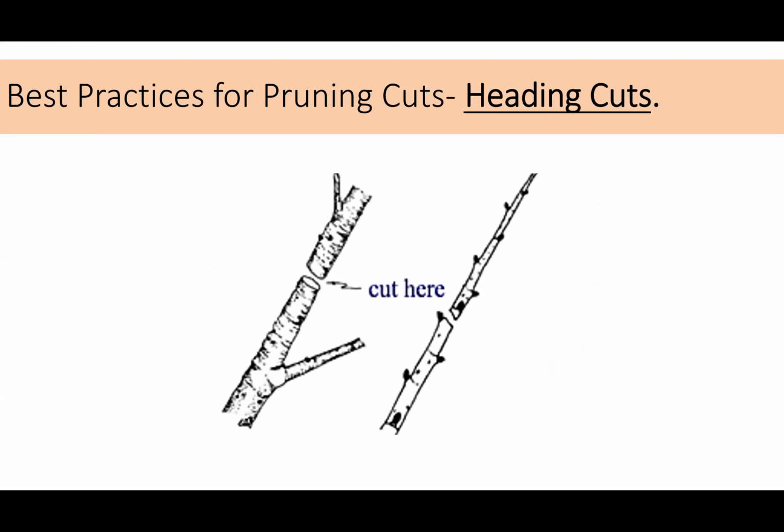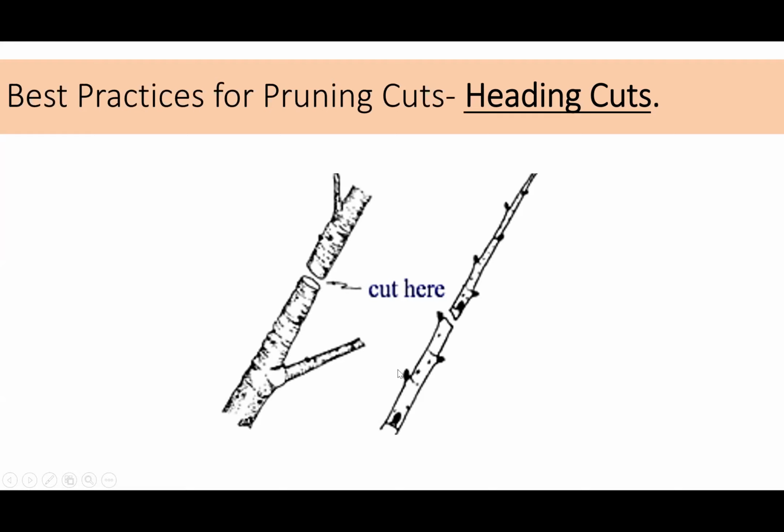The third type of cut is kind of the cut that shall not be named, the cut that we should not be using for most of us when we're doing pruning, and that's a heading cut. A heading cut is a cut that's made back to a bud. So, you cut back to a bud, not to a union of branches, but to a bud. The issue with heading cuts is we've removed the terminal bud here. So all these lateral buds behind it are then going to start growing either this year or next year. And so you get bushy kind of witch's broom growth. It can really easily lead to poor structure.